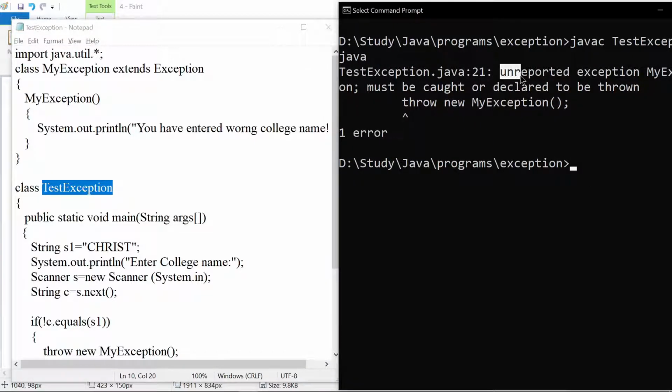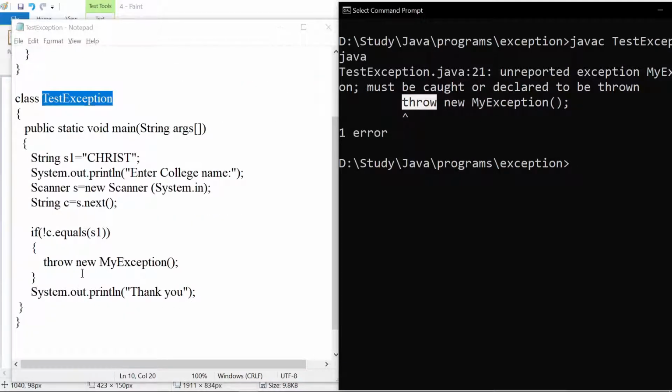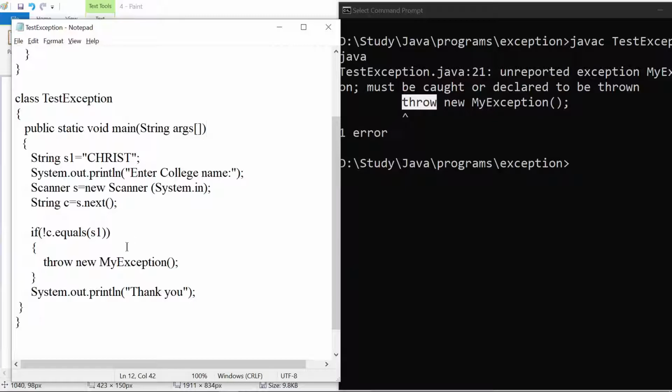saying unreported exception. What do you mean by that? You are using throw. That means you are creating an object and you're throwing that. Now there should be something where that object should be manually handled or it should be system handled. If you want that object, whatever you are throwing, to be handled through the system, then I told you we need to use the throws keyword, isn't it?